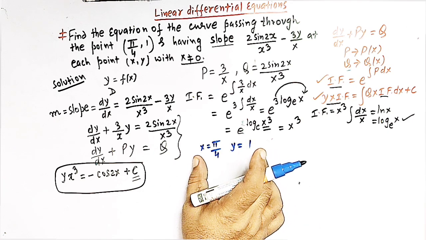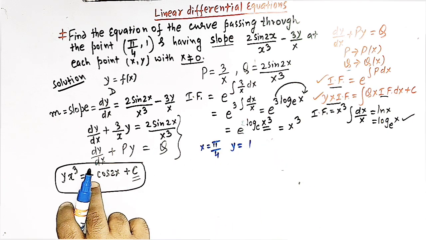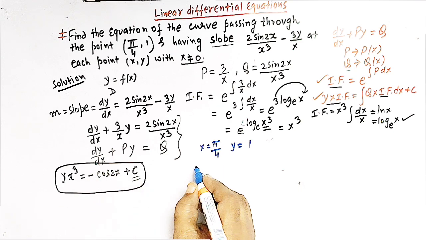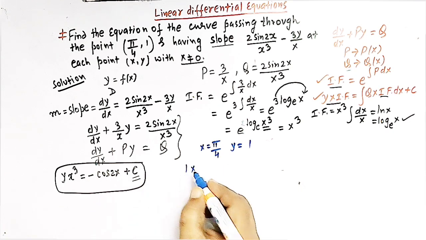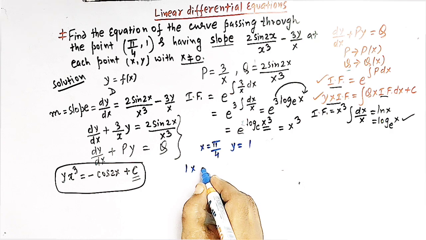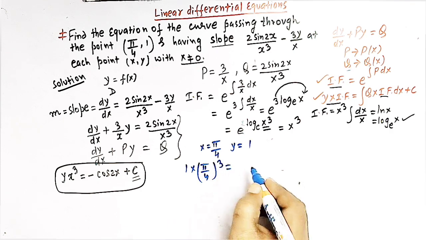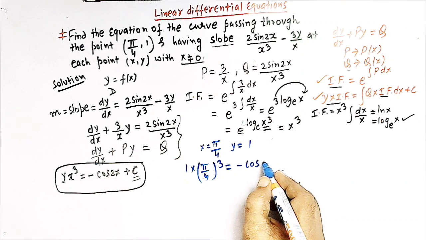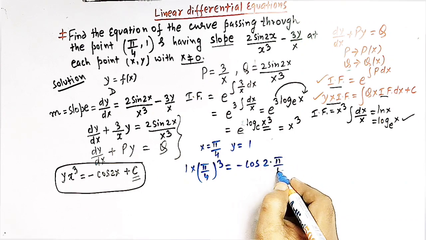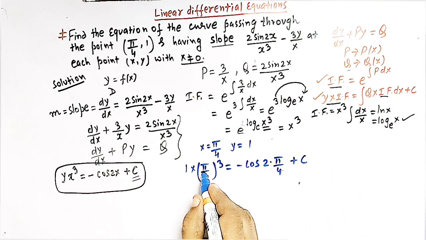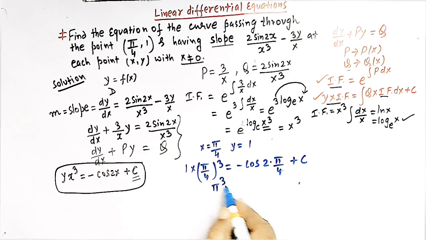So let us substitute these values in this equation to get the value of c. So here we have 1 times pi by 4 raised to 3, and then we have minus cos 2 times pi by 4 plus c. So this is simply pi cubed over